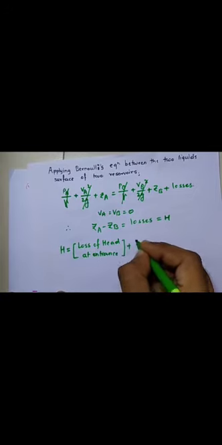So by taking the summation of all these three different losses, we will get the value of capital H. So loss of head at entrance plus loss of head due to friction plus loss of head at exit. Both the entrance and exit losses are minor losses and friction is the major loss. So it is equal to,